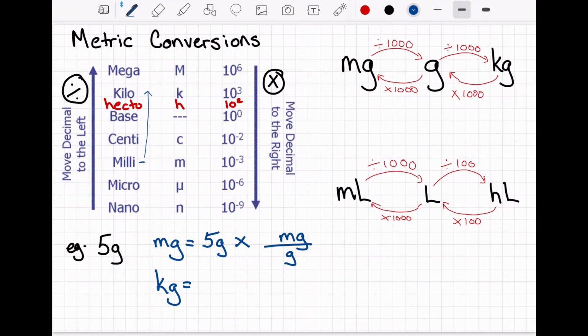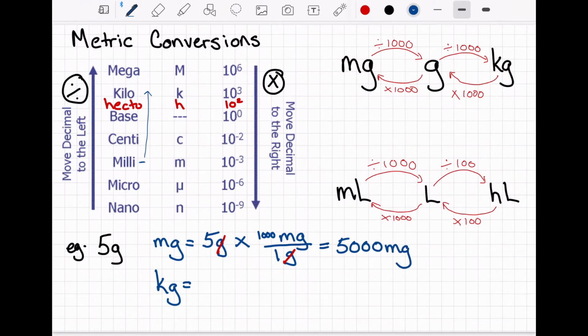So I need to figure out what this conversion factor is. Well, I know that in 1 gram I have 1,000 milligrams. So 1 gram is the exact same as 1,000 milligrams. And so I am going to cancel out the unit, but never ever cancel the number. And when I compute this, I get 5,000